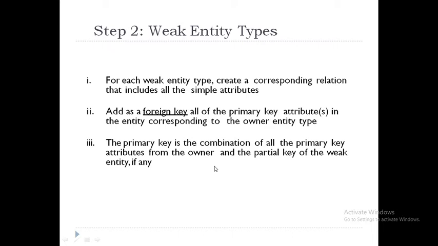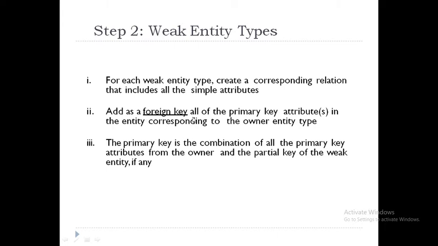The next step is mapping weak entity types. Now for each weak entity type, we need to create a corresponding relation. And it includes all the simple attributes. Okay, whatever attributes you have which are associated with the weak entity type, those will be included in the relation. And then add a foreign key.